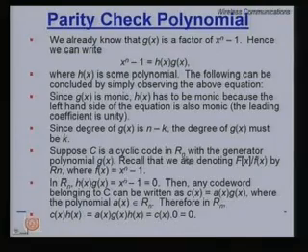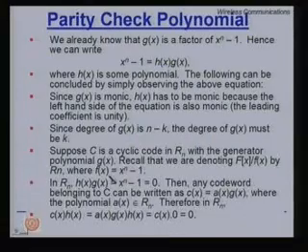Suppose C is a cyclic code in Rn. What is Rn? Rn is capital F of x by f of x, where small f of x is nothing but x raised to n minus 1. So, you are doing all the operations modulo x raised to n minus 1. This will ensure that if you multiply a code word by any power of x, it will result in a cyclic shift, but the highest power will not exceed the block length, so that the highest coefficient moves back into the first place. Hence, we take modulo x raised to n minus 1.